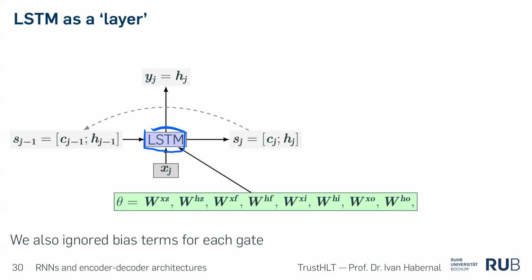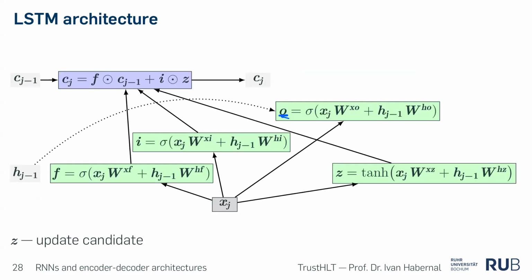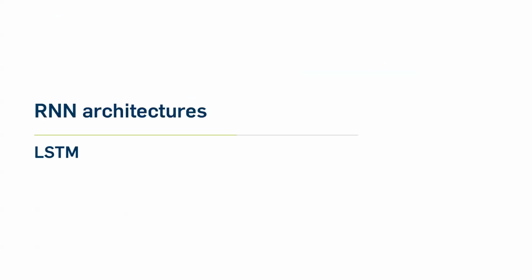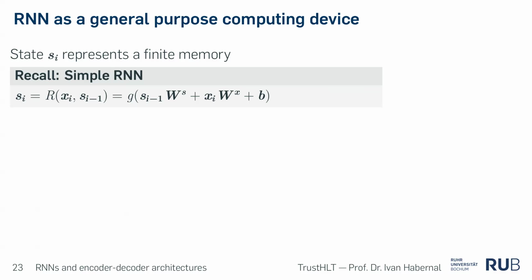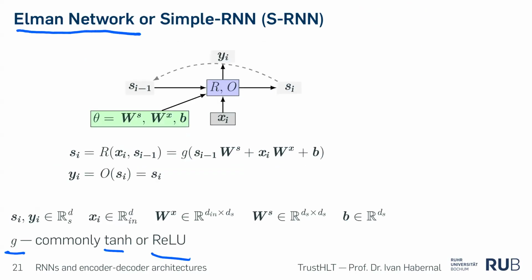Eventually, this is again a recurrent architecture. So this is an RNN. We have the previous state, we have a current output, and we have the next state, and we have the input. And here there are the functions producing the output and producing the next state. This is much more complicated, and look at this and compare it to the Elman network here. This is super simple, just a single projection, very few parameters and things like that.